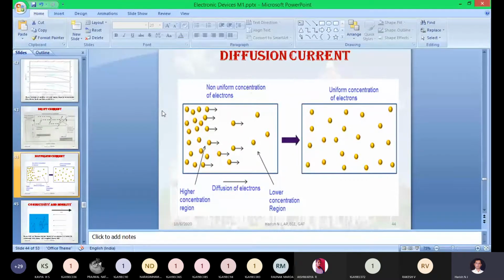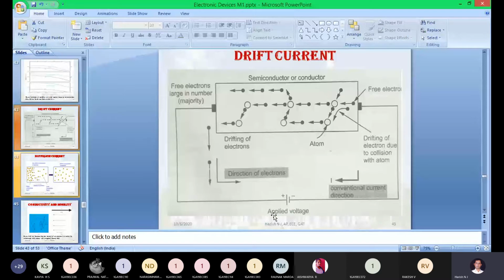So what am I going to do for generating some current, for giving some momentum to that particular electron? I am going to apply an additional electric field to the piece of semiconducting material. That additional electric field I have provided with the help of an additional DC battery, with the positive connected to this terminal and the negative terminal connected to the right side of the piece of semiconducting material.